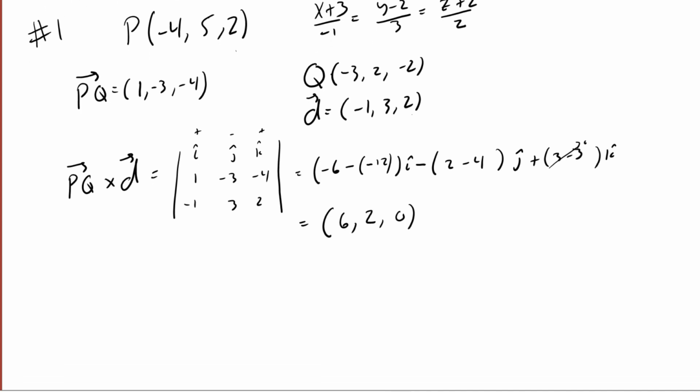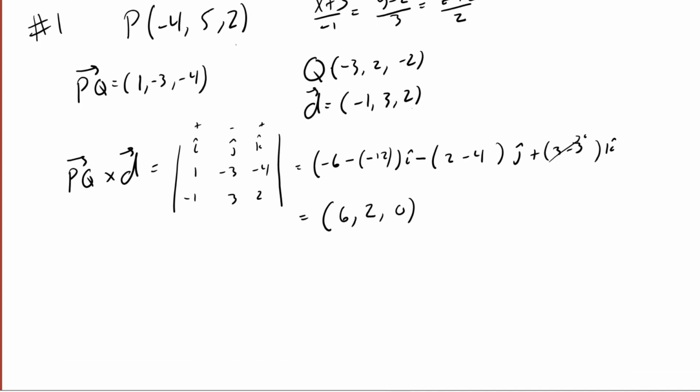So this is our direction vector. I'm sorry, no, this is our normal vector. This is normal to the plane. It's orthogonal to the direction vector that's in the plane, and it's orthogonal to PQ. So I have the equation n, my normal vector, dot (x, y, z) equals n dot some point in the plane. So n dot (x, y, z), I'm going to have 6x + 2y